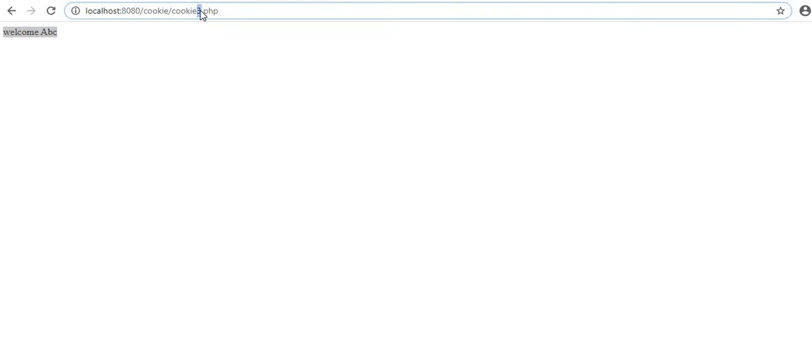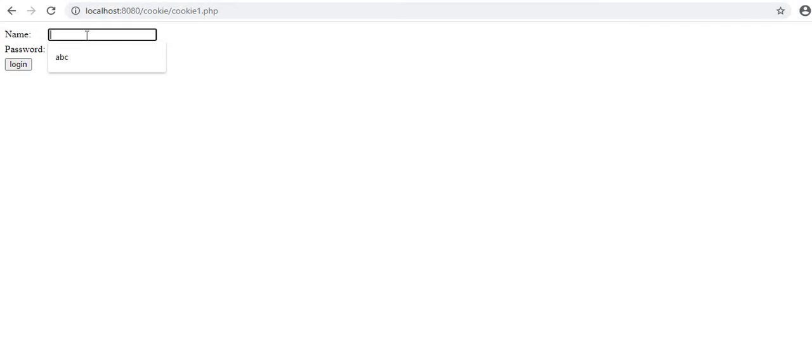If I execute cookie1.php again and give any other value, for example XYZ and password 123, press the login button, I get the message wrong username or password.